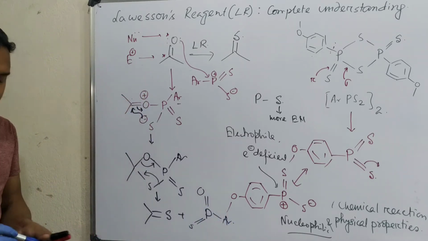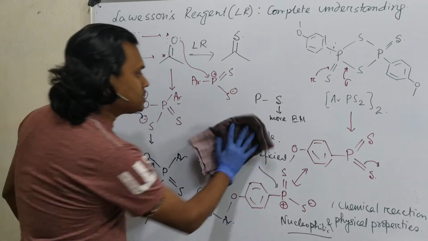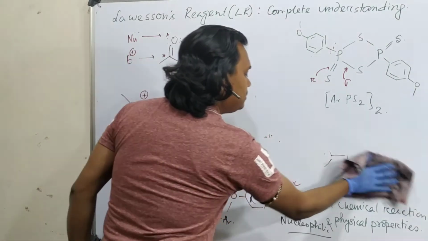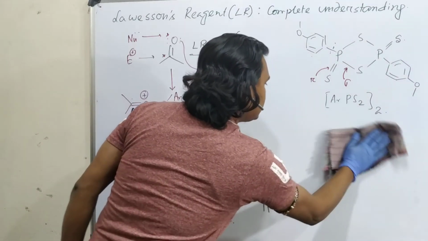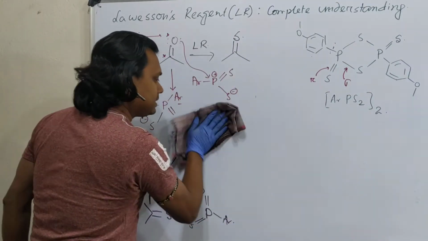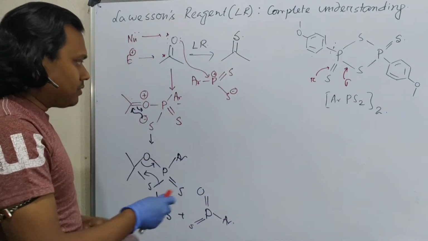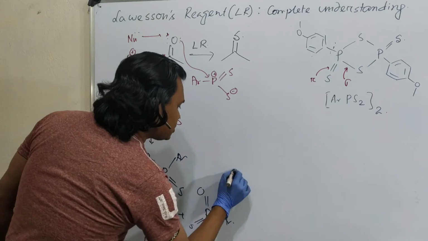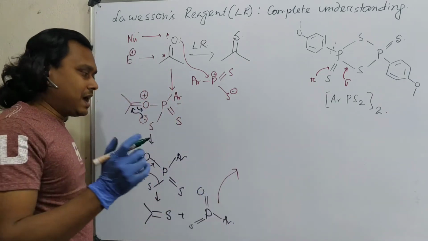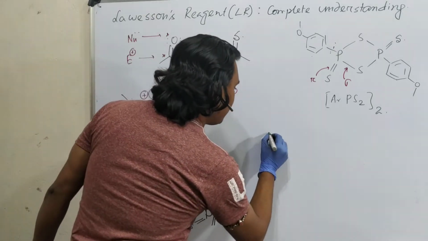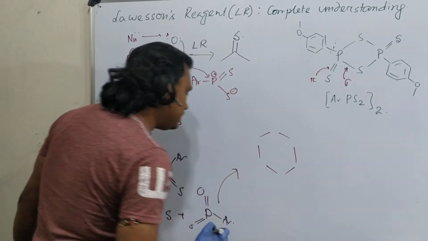And by the way students, one point you please remember: instead of this one, another structure could be presented in your discussion or exam paper, that is a 6-member ring. What do I mean? See, this compound can undergo trimerization. Trimerization means 3 molecules will join together and form a ring. And by the way, on trimerization I have already discussed in a dedicated lecture. If you are interested, then go and visit.